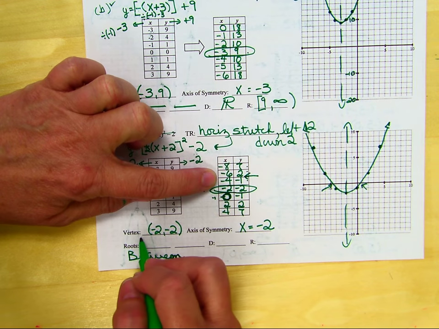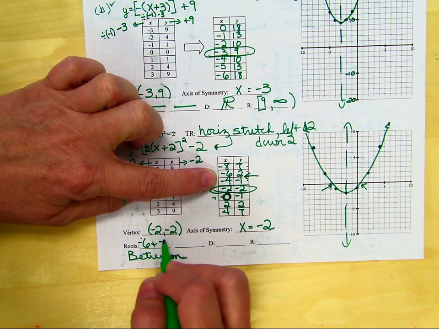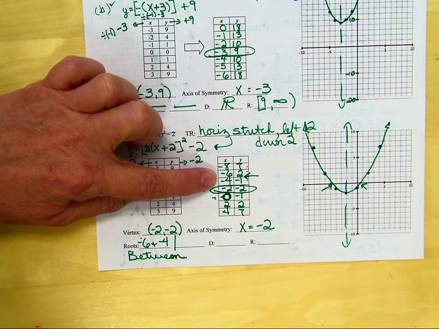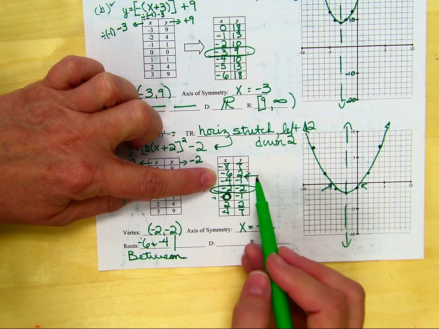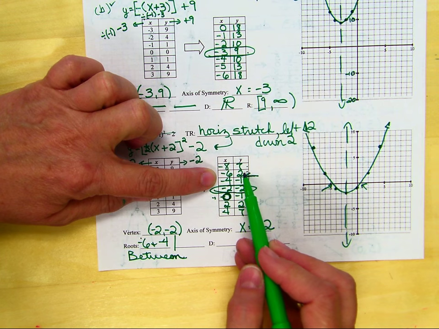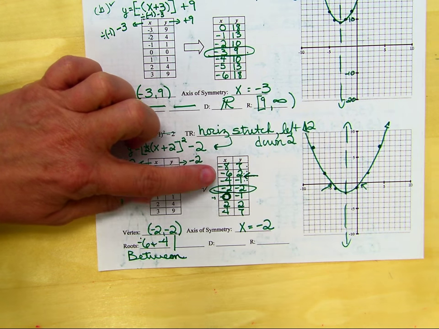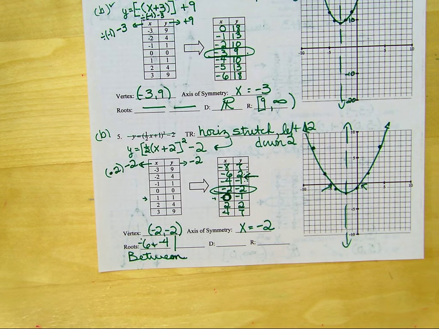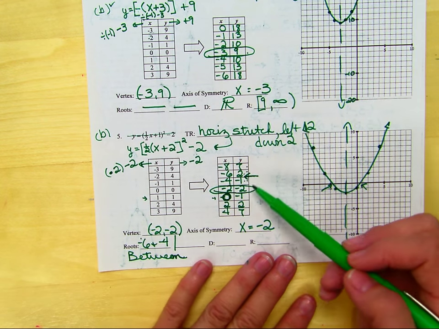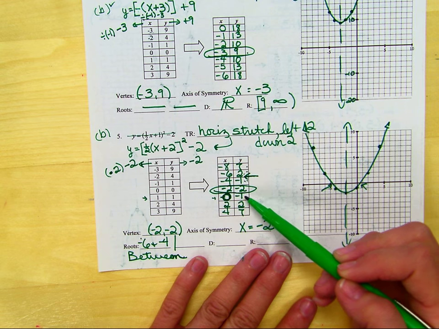Okay, that's one of my answers. In between negative 6 and negative 4, it goes from above the x-axis to below the x-axis. That means it crossed over the axis to get from above to below. Then as I keep looking, below, below, below, above. Right here in between these two